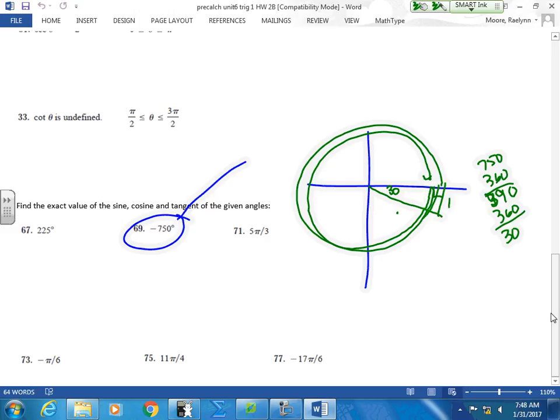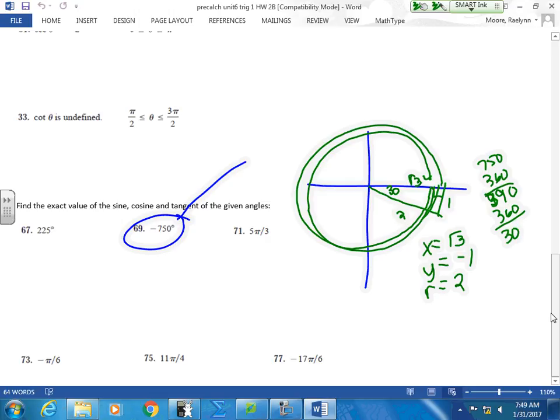Oh yeah, I know what this triangle is. 1, 2, radical 3. It doesn't say it has to be in a unit circle. You can do whatever one you like. So my x is radical 3. My y is negative 1 because it's down here. And my radius is 2. Can we find these? Good? Yes. The radius is always positive. Always. The radius is a distance measured from the center to the side of the circle, so it has to be